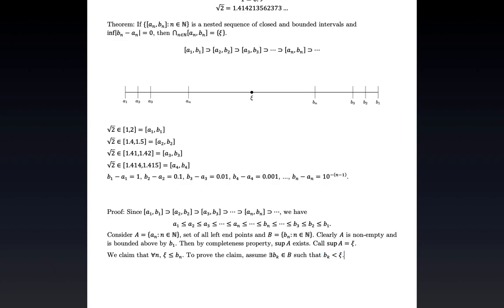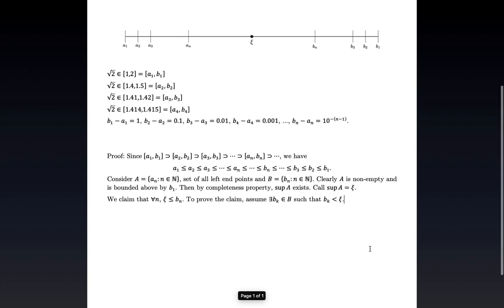So what contradiction does it make? Since xi is equal to the supremum of A, and BK is something smaller than the supremum,